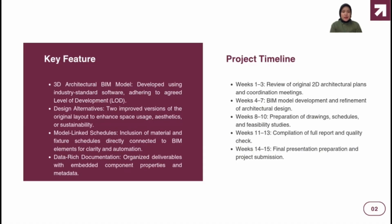For the project timeline, we actually have around 15 weeks. Week 1 to week 3, we review the original 2D architectural plan and coordination that we did. For week 4 to week 7, we use the BIM model to develop a refinement of the architectural design. For week 8 to week 10, we prepare drawings and schedules, and also make feasibility studies. For week 11 to week 13, we compile a full report and quality check. For the last weeks, which is week 14 to 15, we have a final presentation and project submission, which is